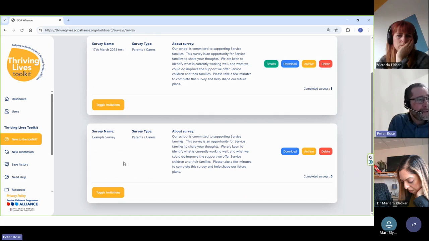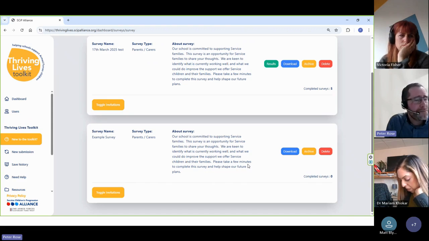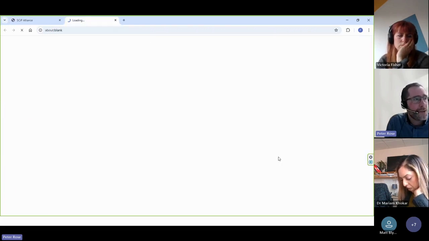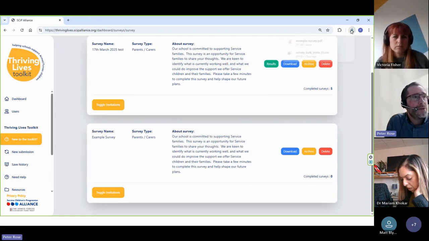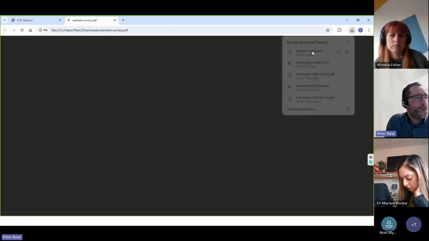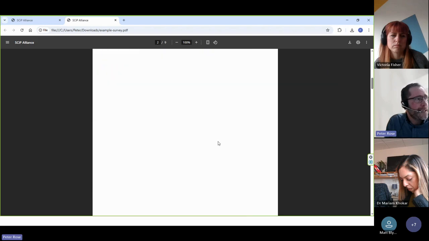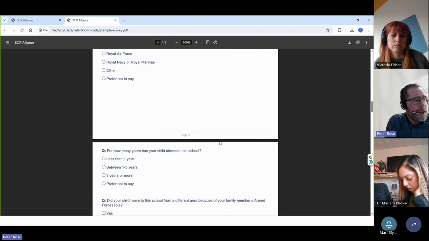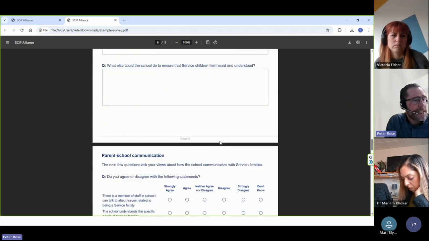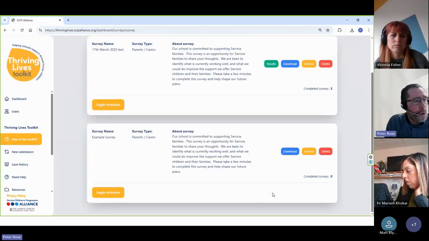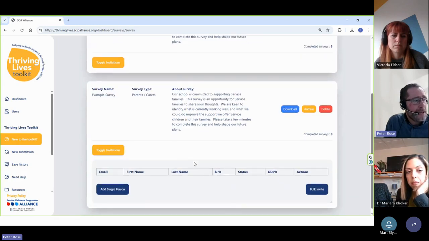This is the new survey here that we've created. You've then got two options. One is to print out paper copies, hand it out, get paper responses, and then type all the responses in yourself, should you so wish. To give an example here, so this is the survey that we've just created. It will come out as a PDF and can just be printed, handed out, and you can collect in the paper copies. Or the option is that it can be sent out via email.